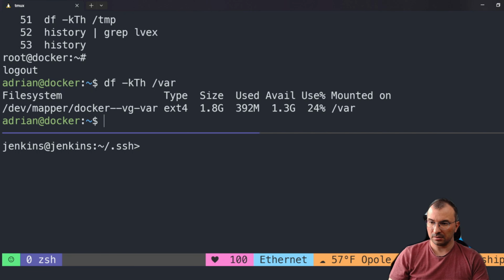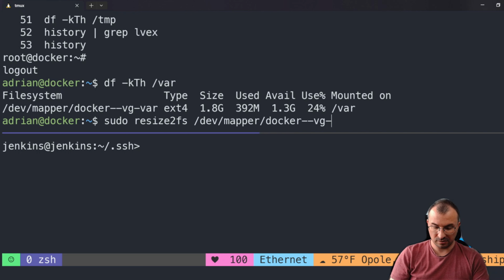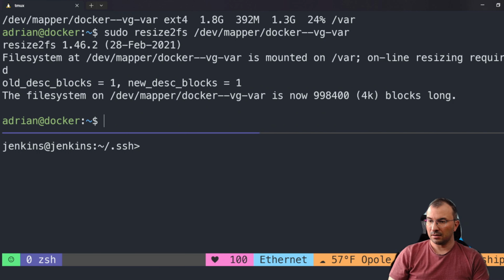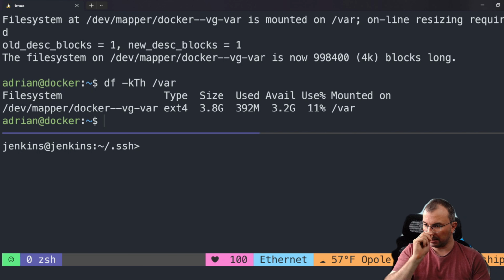So if I resize the file system to ext4, go like that, and the mapper docker vgvar. It should work, and if I do this, you can see it's 3.8, so I added